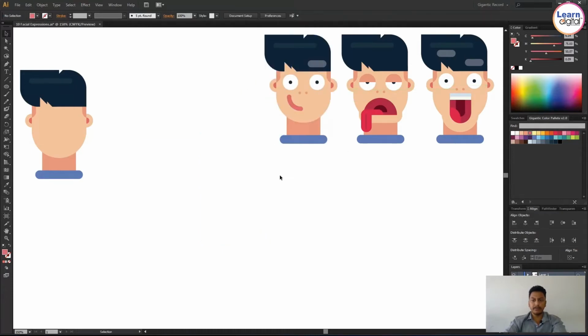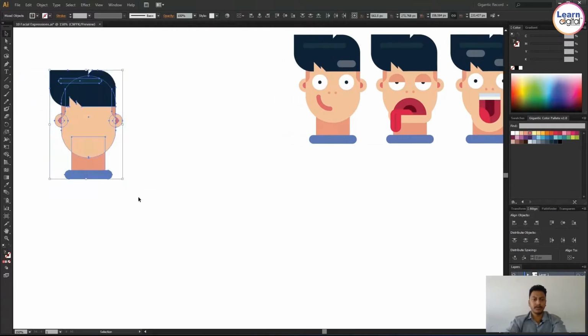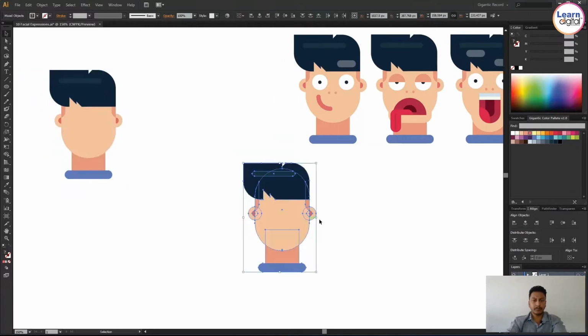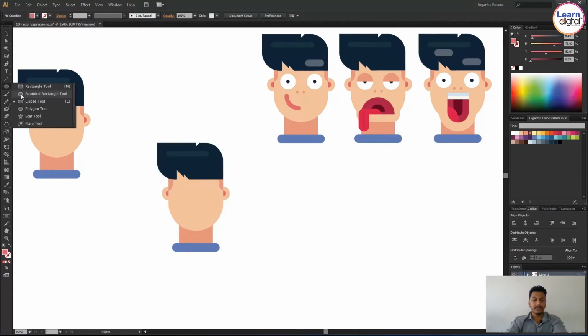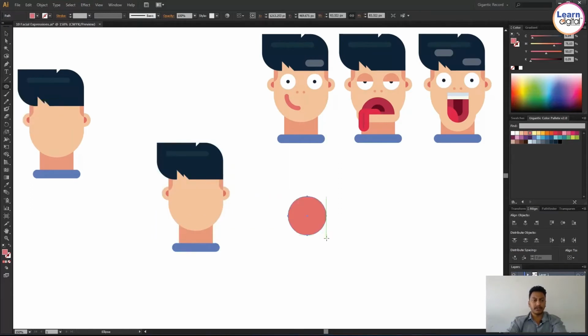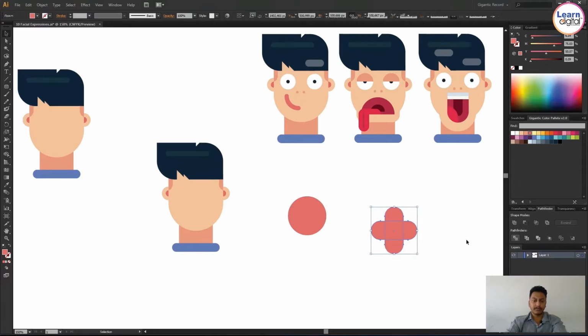Small changes will give you different outputs. So you can see within 8 minutes or 10 minutes we already created three different facial expressions. In the same way, you can create n number of facial expressions. If you're finding any difficulty to create without reference, just Google it. You will get a lot more references. Just go for expressions with the help of references.